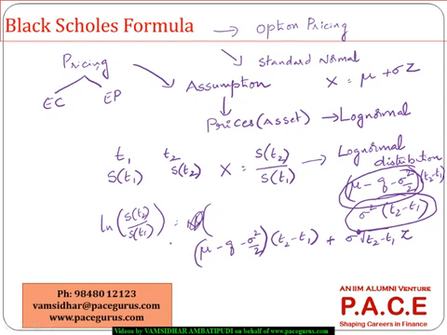So I can very well write the expression for log S of T2 divided by S of T1 in this particular form. Where Z is the standard normal variable and mu is called the drift, and sigma is called the volatility of the price of the underlying asset,